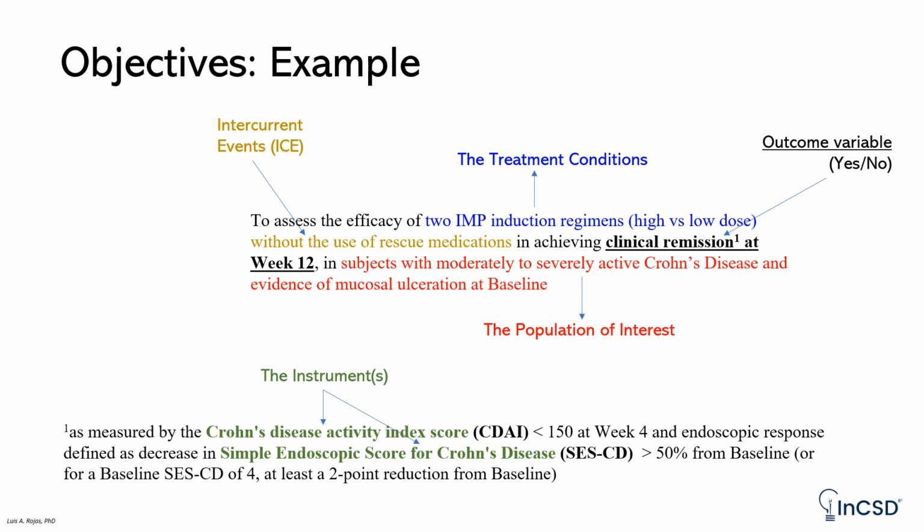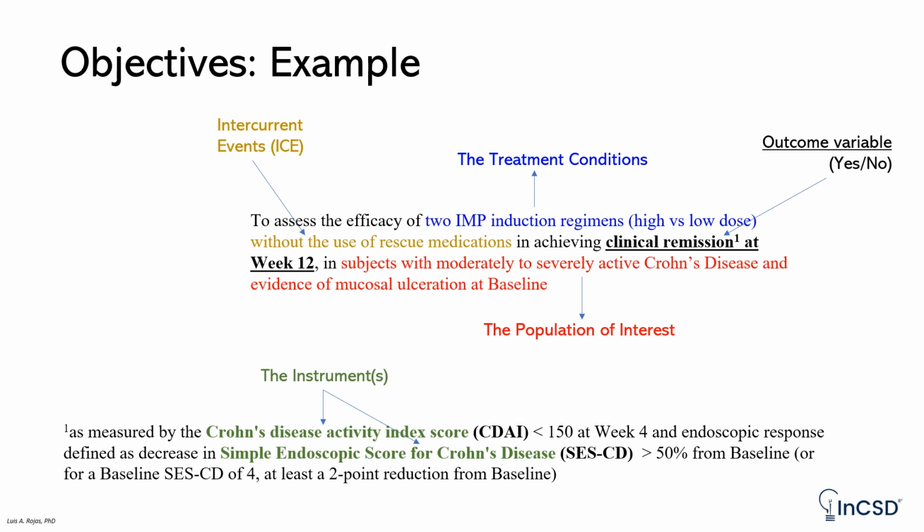And in red, the population of interest. Very important, I use a superscript to define the variable of interest and the instrument that will be used to capture the effect size at the patient level. For example, as measured by the Crohn's disease activity index score, the CDAI, and the condition is less than 150 at week 4, notice the timing,